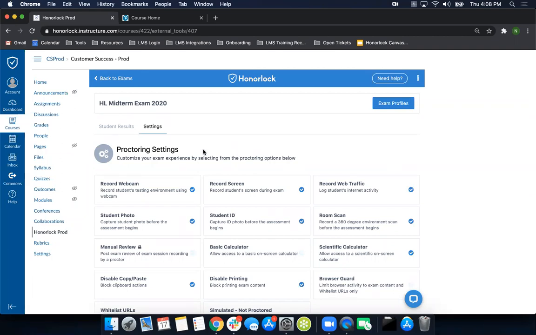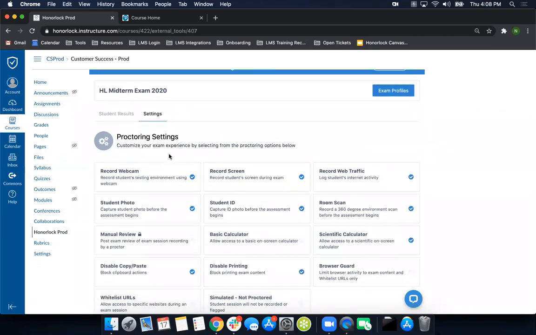So let's cover these proctoring settings. To start, they each have a brief description below them, but I'll give you some more details on these. Record webcam, if we turn that on, and we can see it's on because we have this little blue check mark. If that is on, it would indicate that students are required to have a working web camera in order